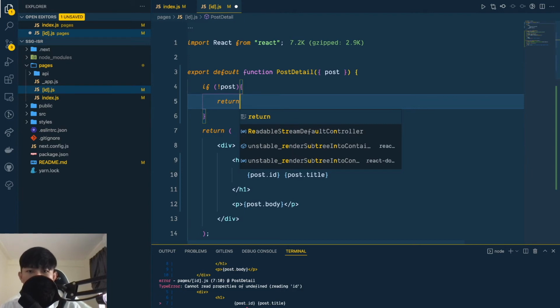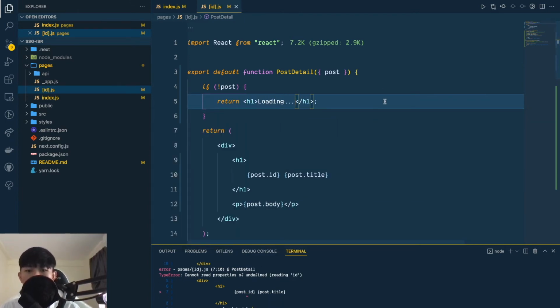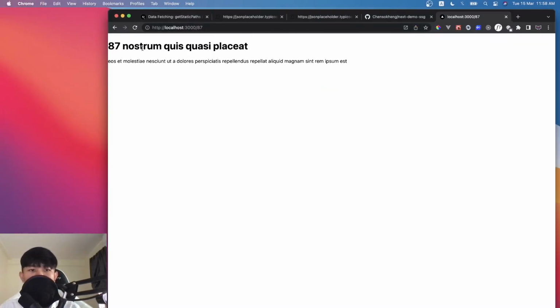So right now, since it has a fallback state, we can check if the post is not there yet, and just return some loading right here. If I refresh, we get some loading, because it takes time to fetch the data, and then we return this data. But once it's been fetched, if you try to go to this page again,